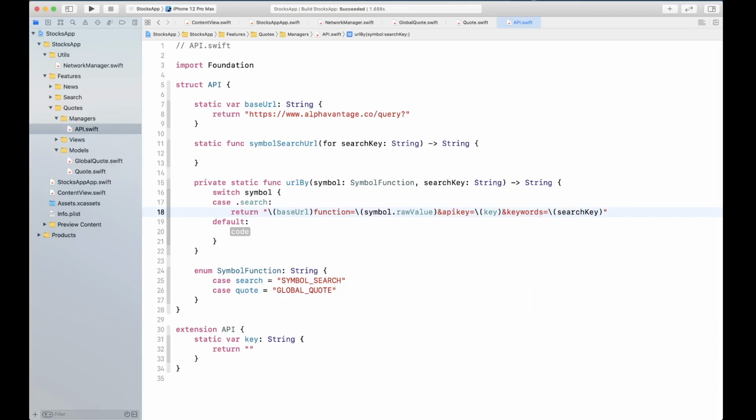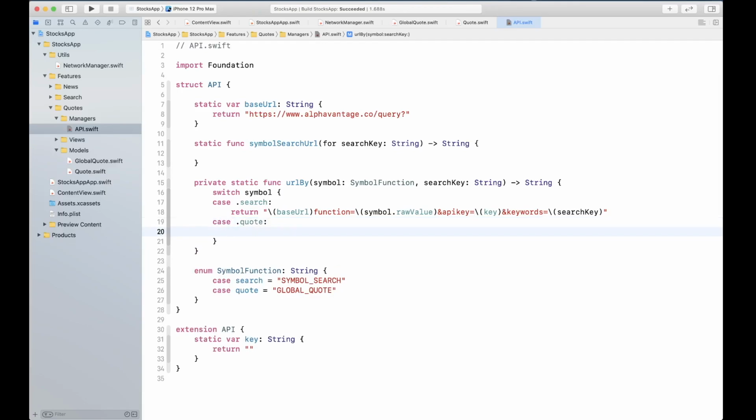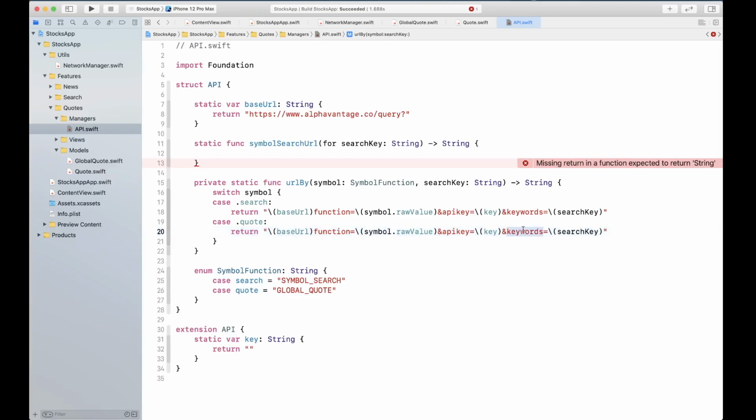Okay, so that is going to be our URL, and for the other case, so instead of default, we're gonna have quotes case, and I'm gonna take this and copy it because most of the things are gonna be same, except symbol. So this is called symbol, and the search key is basically the symbol that you're looking for.